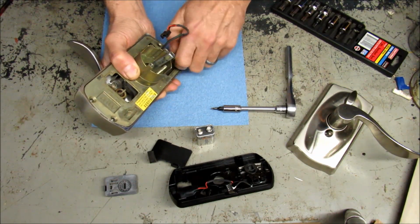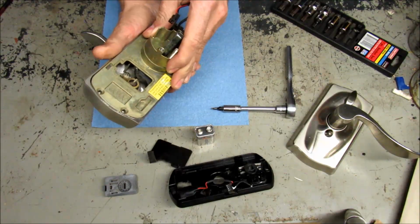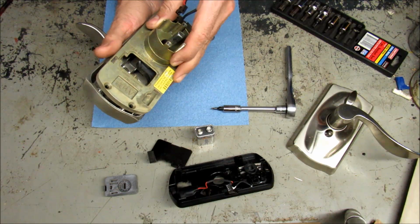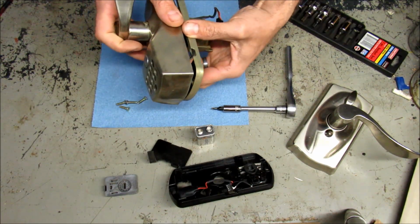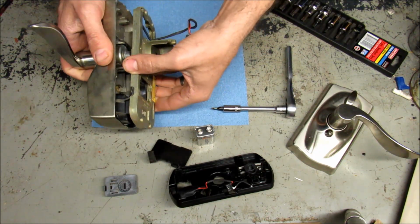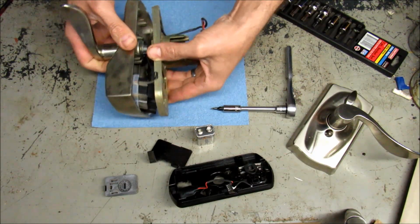Alright, we'll see what this looks like. There's a guy on the internet pulled apart his Schlage deadbolt, and that one didn't look like there was too many pieces that were flying out of that one. Oh yeah, we got springs and stuff going on in here. Why won't this come apart? It's just these little rubber